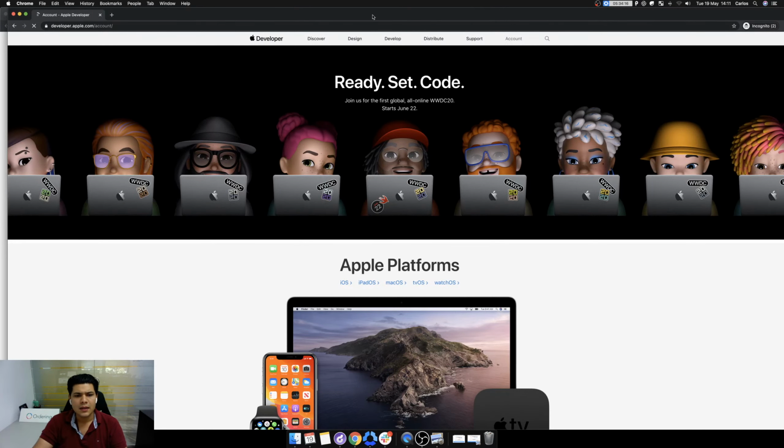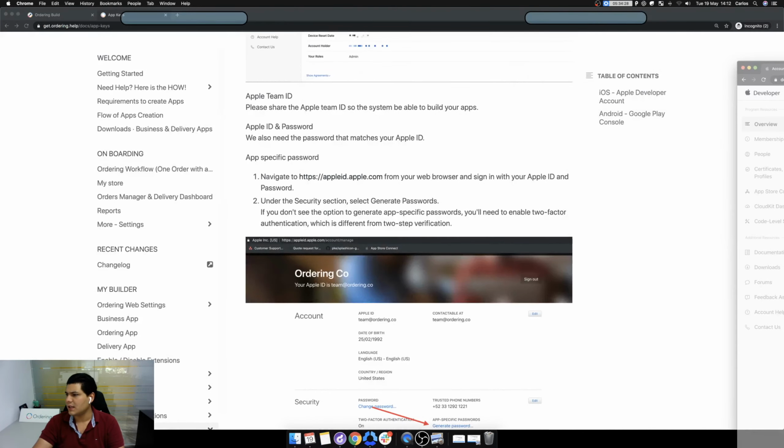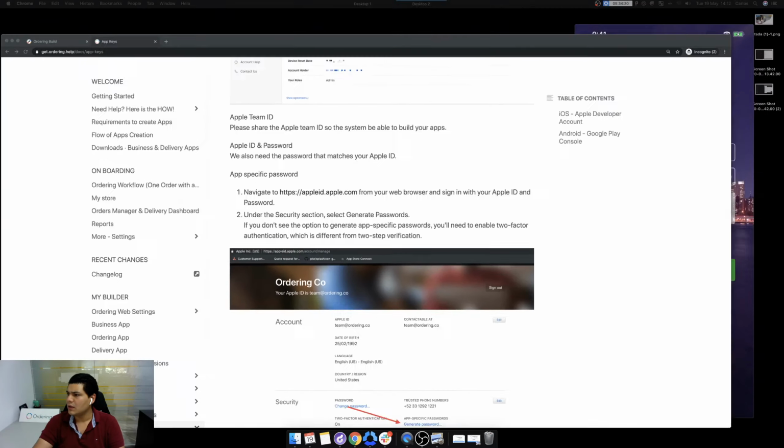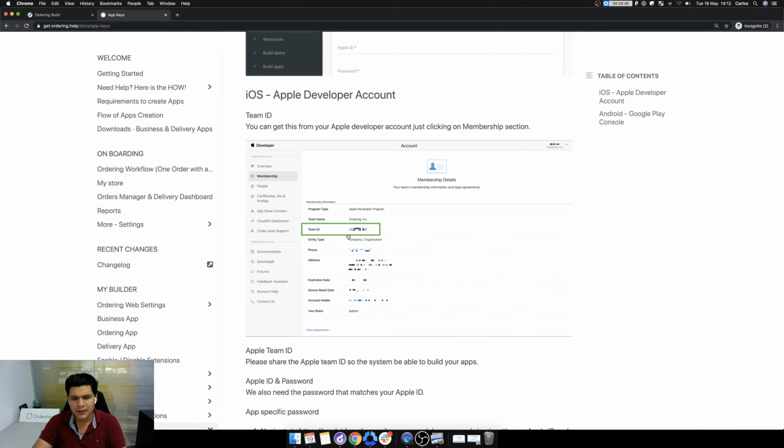So here, as you can see on your sidebar, there is the membership button that the article is talking about. Once we get that membership button in the sidebar, here we will see the team ID.